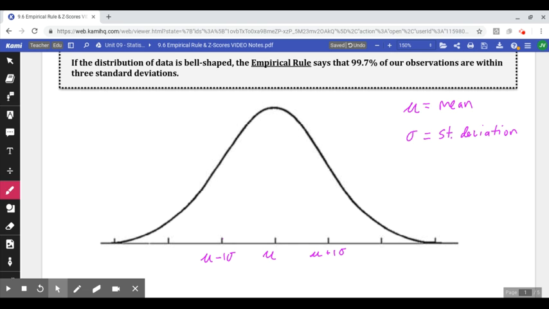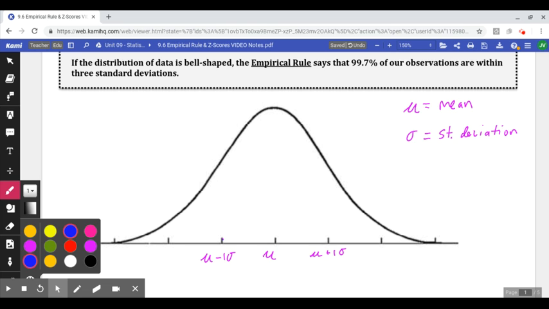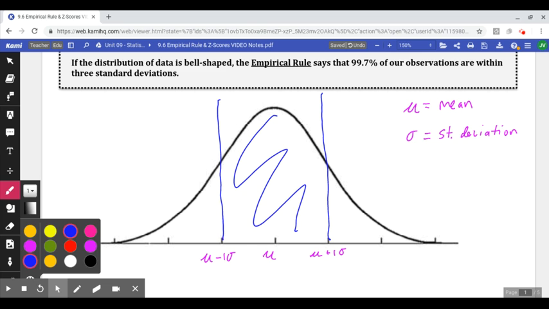So let's go ahead and we'll do a different color here. We'll draw a vertical line up and then here. And what we're actually wondering about is how much of the data fits in between that bell-shaped curve and then the axis below, the horizontal axis. So the percent of data that fits there is